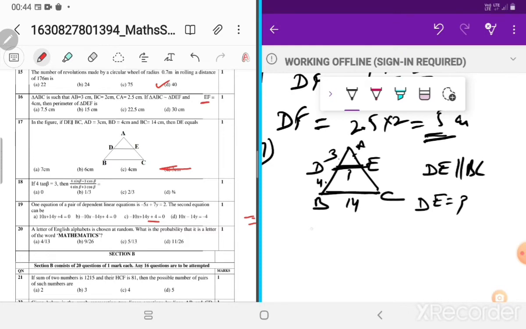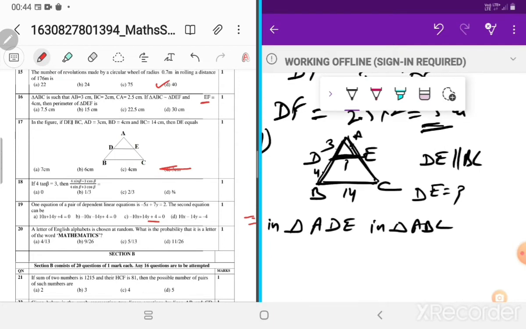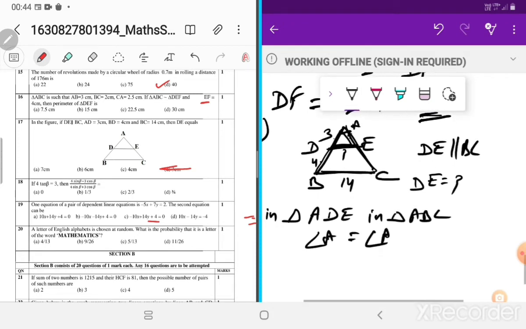Okay, so for that you have to first make these two triangles similar, triangle ADE and triangle ABC, the big triangle, this small one and the bigger one. So what is common in these triangles? Angle A and angle A for both. Angle A is equals to angle A, right? And what is the other one common? See, this is given. DE is parallel to BC is given. So you can write corresponding angle pairs, any pair we can take. This is corresponding.